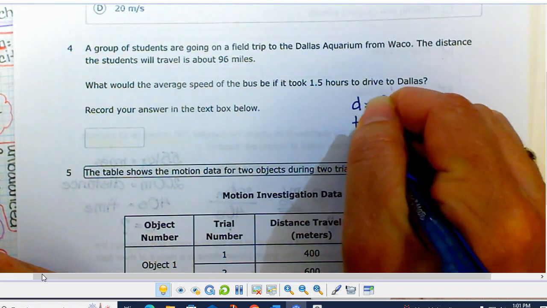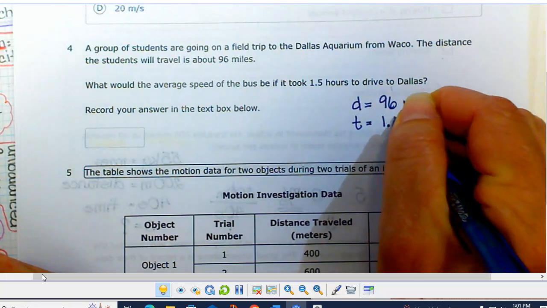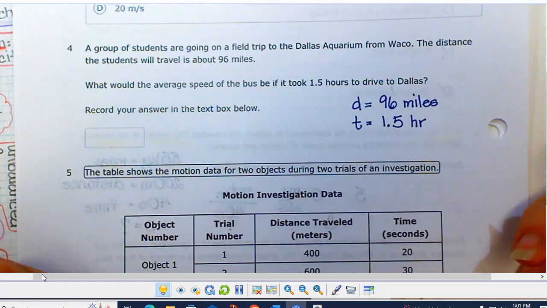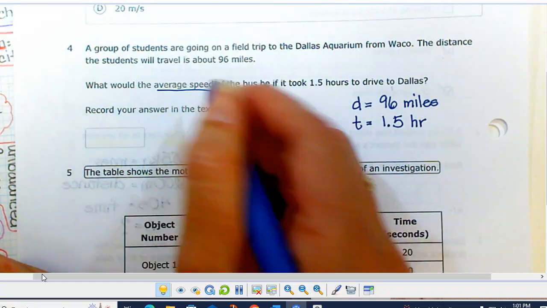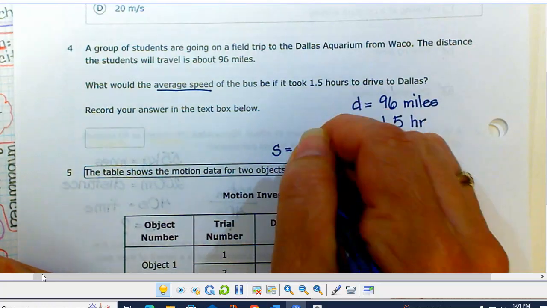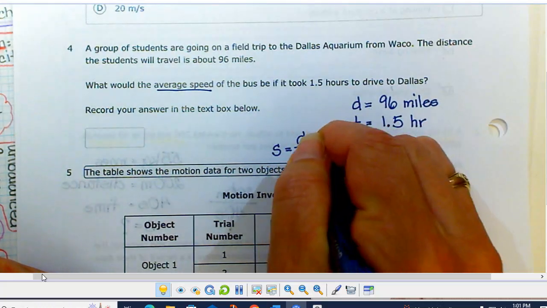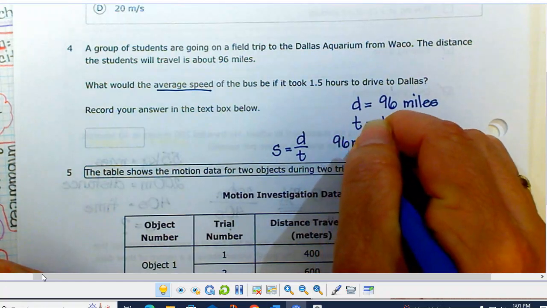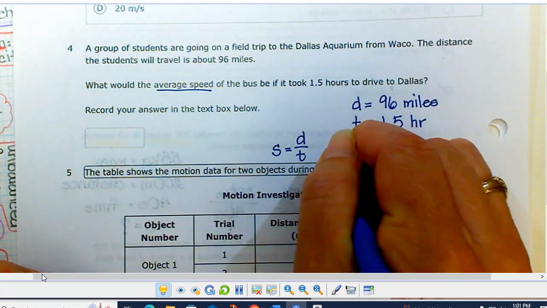We have a time, 1.5 hours. And it's asking for average speed. Speed or average speed is distance divided by time. So I'm going to take 96 miles divided by